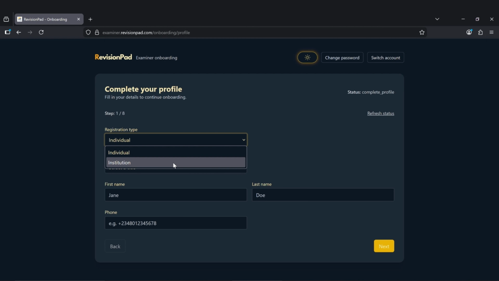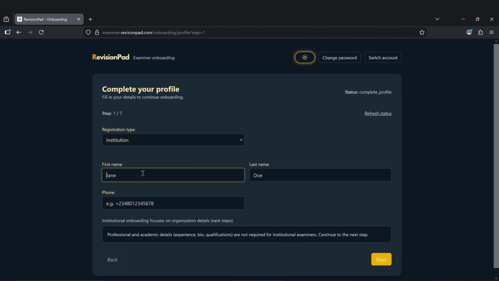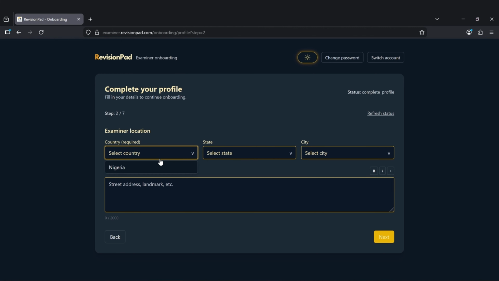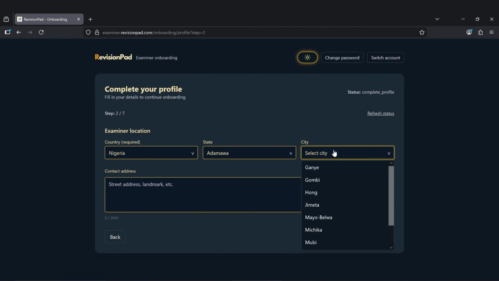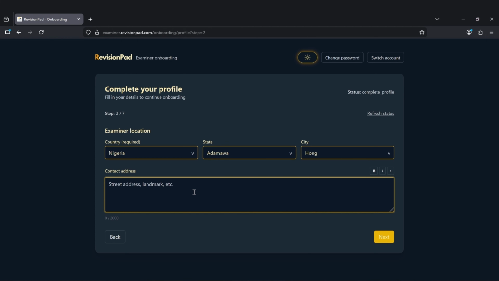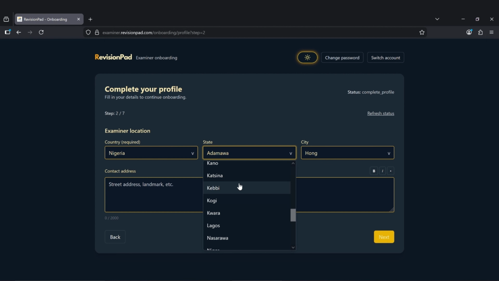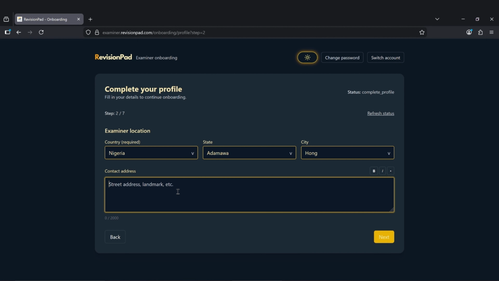And then now you select the option for institution, type in first name and last name and your phone number. Next, select your state. Currently now we only have Nigeria. All the states in Nigeria are included here. Your contact address,